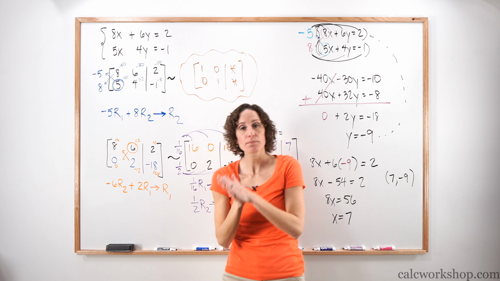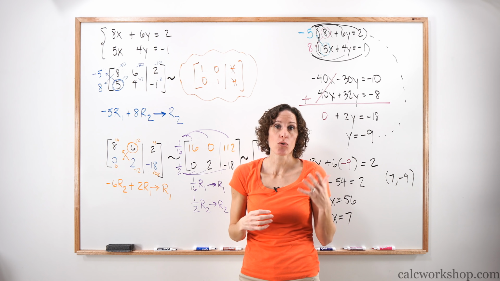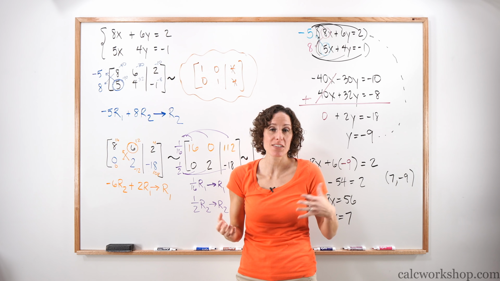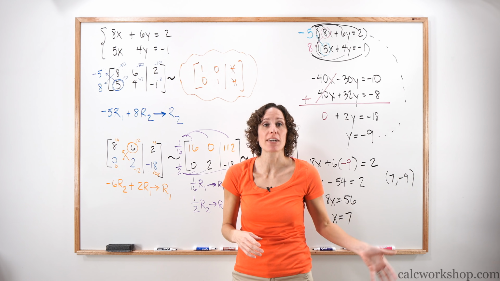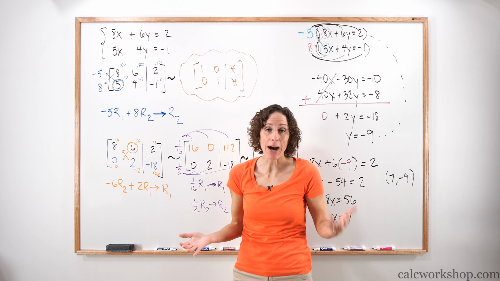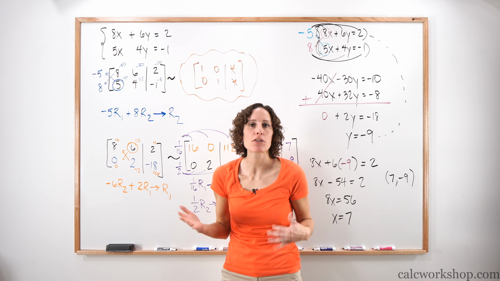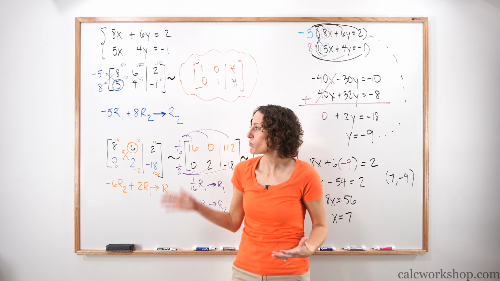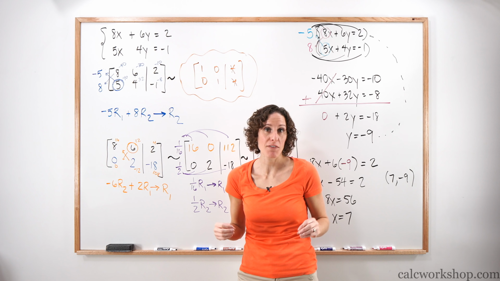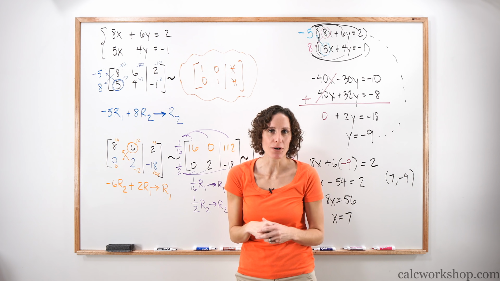What we're going to do next is we're going to look at an example of how to just do REF, row echelon form. And then for the next examples, we're going to continue to perform our REF. Out of the two operations, our REF is the more powerful and the more useful. REF is very effective if you only need to determine certain things, but again, it would still require back substitution. So let's look at how to do REF, and then for the next bunch of examples, we'll do our REF, which is the more powerful. Here we go.